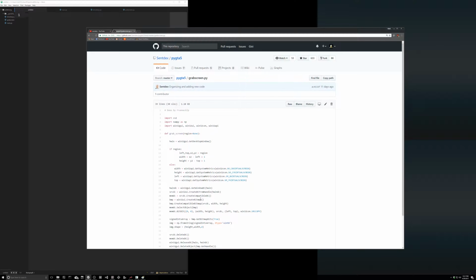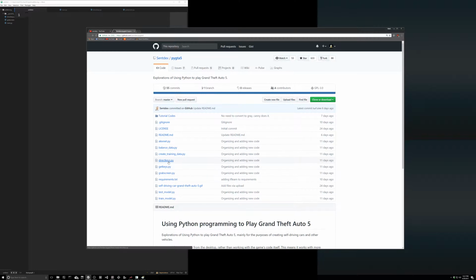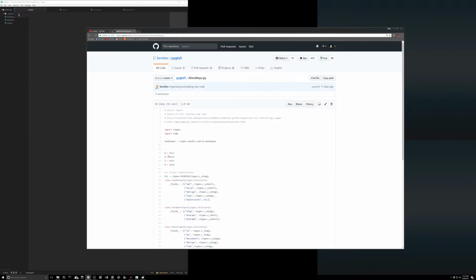So go ahead and click on it, copy paste, save it into a new Python file. One note is that this is only for Windows. It's using some Windows libraries, so if you're on Mac or Linux, you're going to need to find a different way to do it. But yeah, so grab that one, grab direct keys. This is for our key pushes, so it's for the controls left, right, forward, things like that. It allows Python to press keys. So just copy paste, move that into another file. So I've already done that,